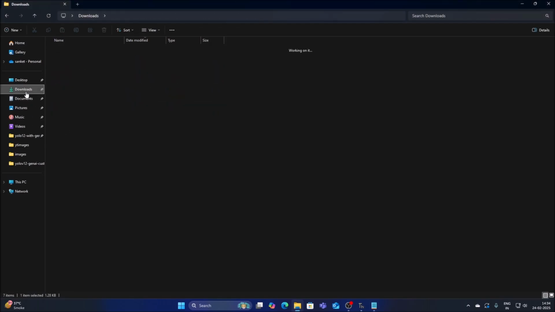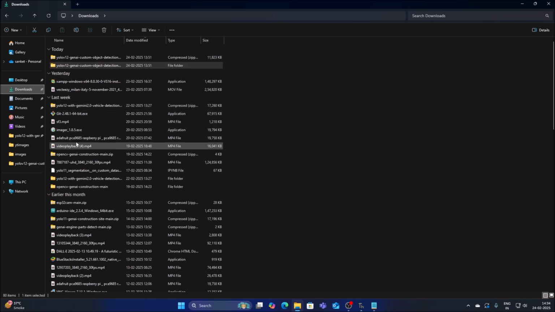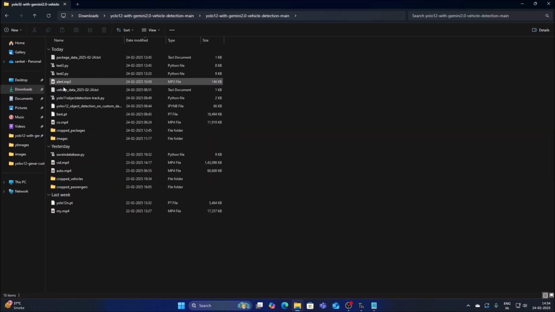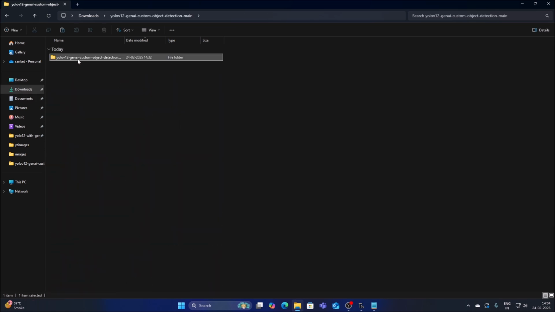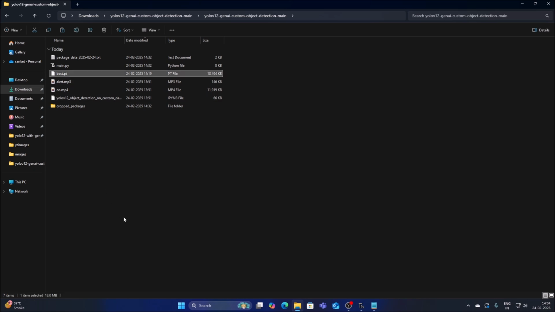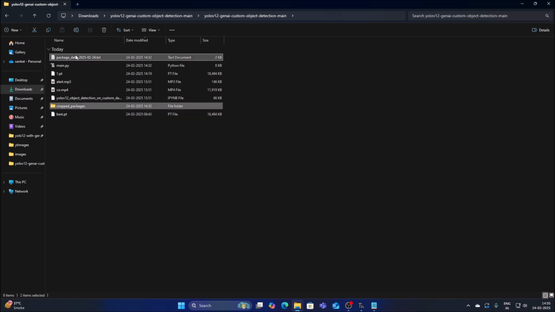So I have the model inside my old file here, this one, best.pt, and I will mention this model inside of the repository, which I have already mentioned for the link for this project. So I will create this as a 1.pt and I will paste this model. Simple. This model is perfect because I have already tested, and with the help of this model there is no fault detection. So now again I will delete the crop packages and the text file,